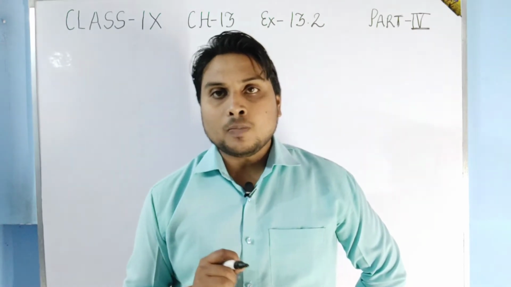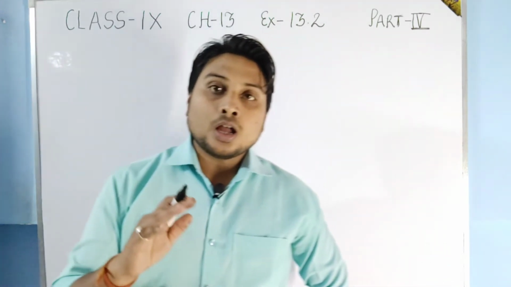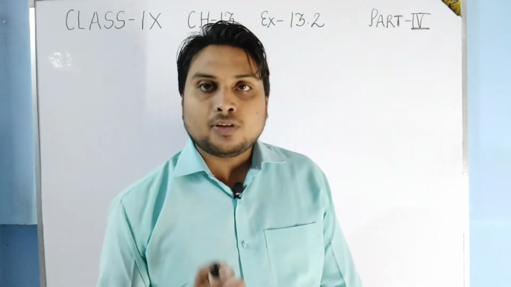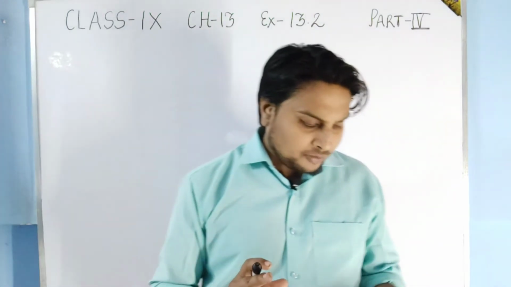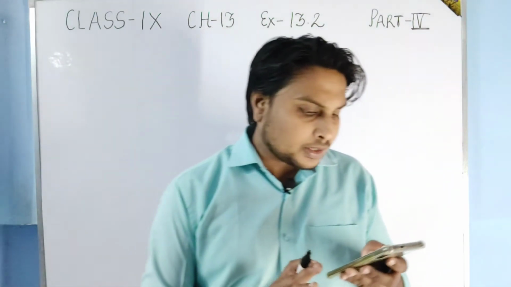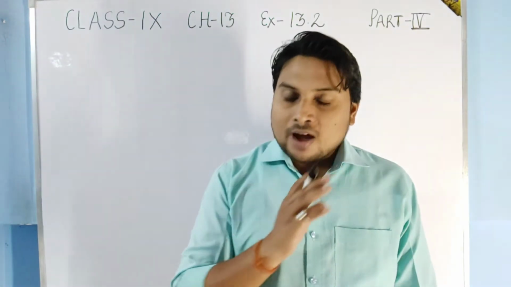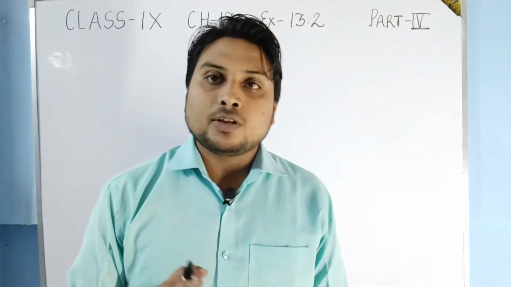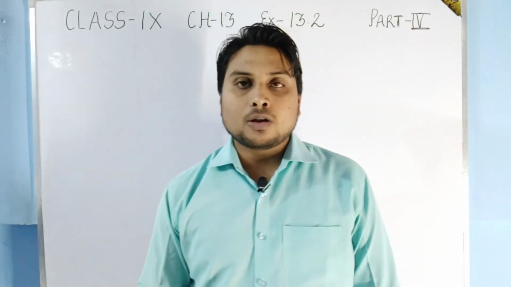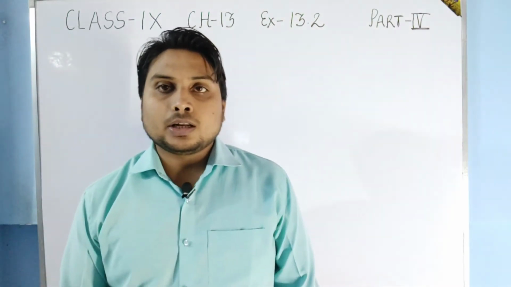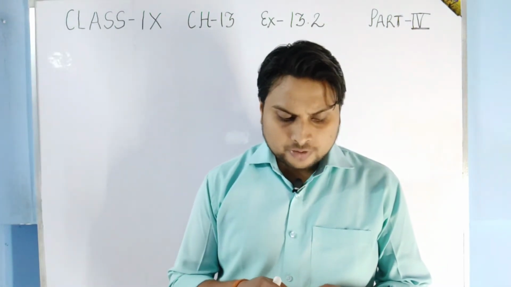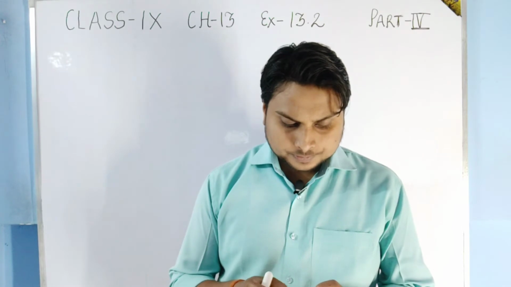So what we will do, firstly we will find the surface area. Okay, what is the surface area of the pillar? Here you will find the curved surface area. After finding the curved surface area of the pillar, we only have to multiply it by the unit cost. In that manner you will get the result, the total cost. Okay, so question number 5 you will try to do yourself.